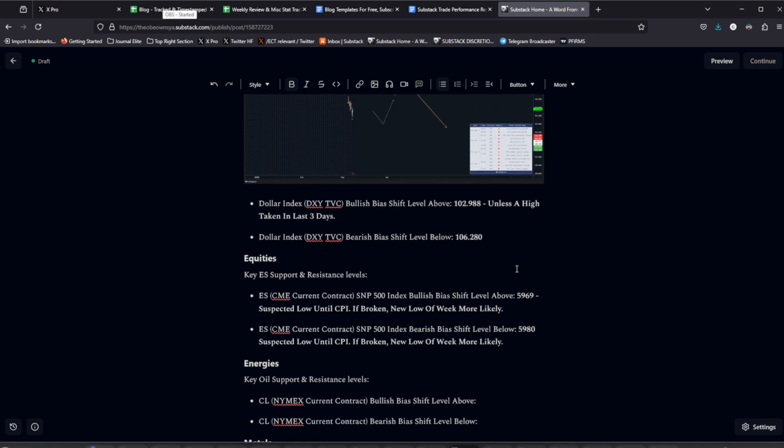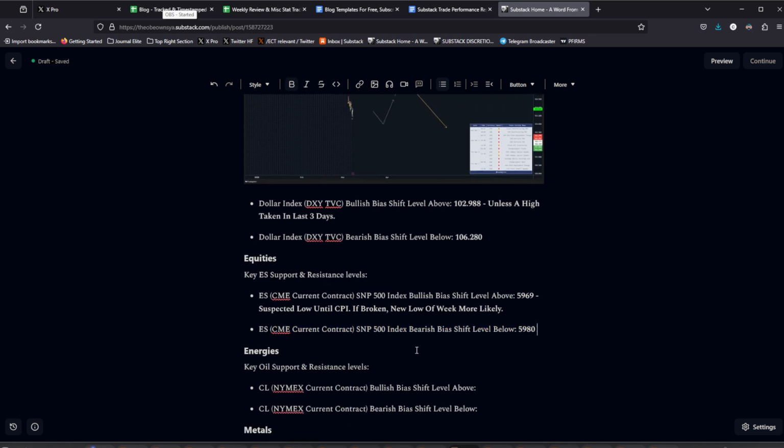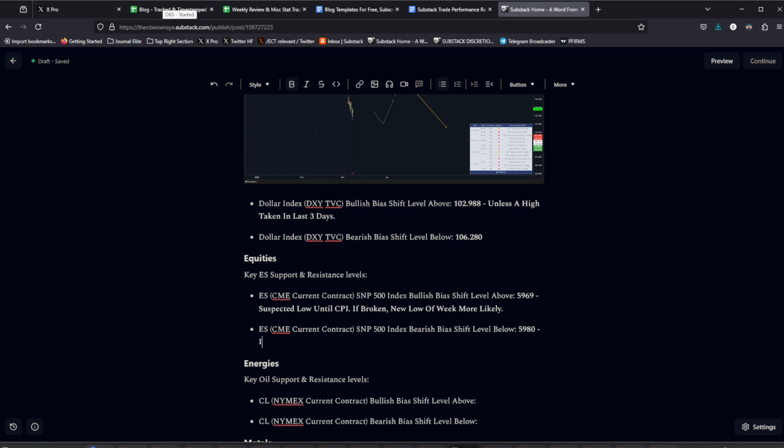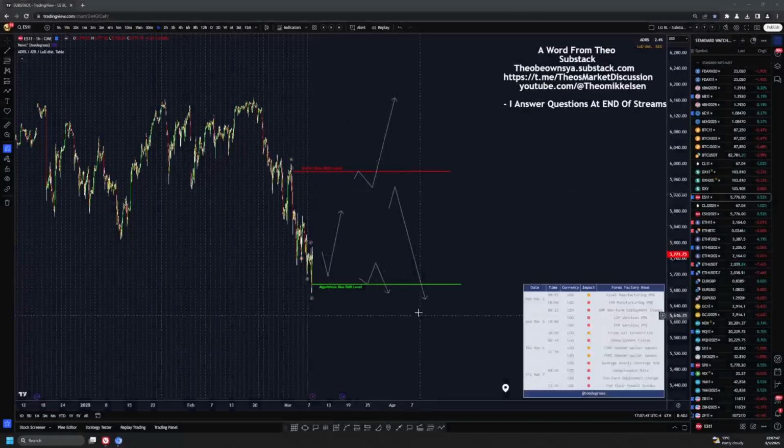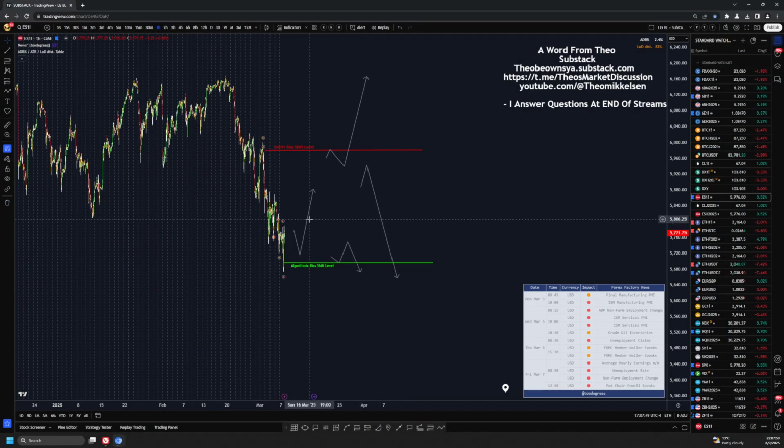We could come up there, but we don't necessarily have to. I suspect we could find resistance there and start trading to a new low of week if that happens. Because we have the arrow here on the left, I'm a little bit more inclined to be bullish for the first few days, and then we'll see which of these arrows kicks in.